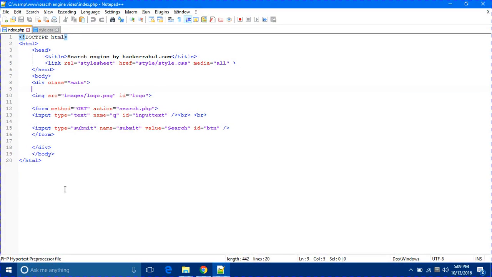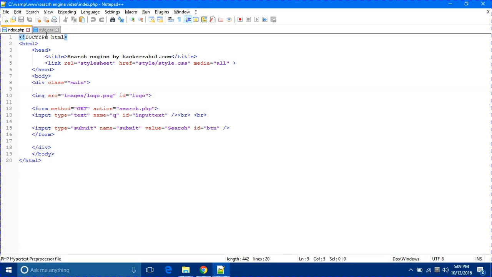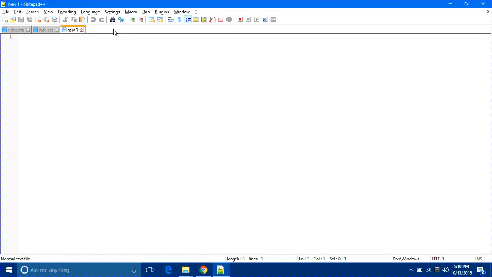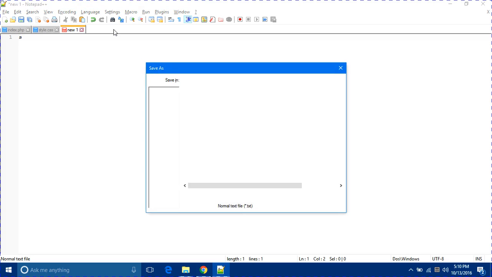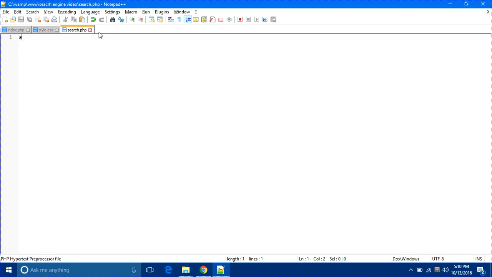Till now we have created a basic template, the two files, style and index file. Now we have to redirect our page to search.php, as we have given the action of this form to search.php. So first of all, let's create a file search.php. Starting the PHP block,